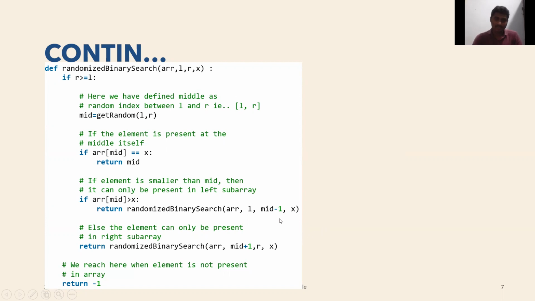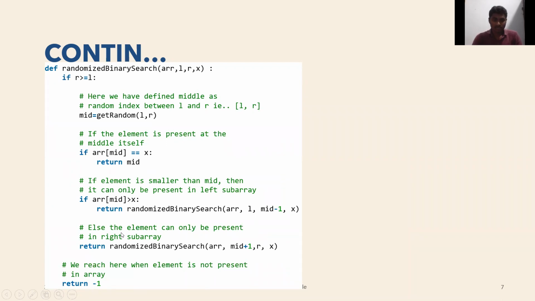So this is a recursive approach. The function name is randomized binary search. Again it will take the array, sub array, length of the array, mid value, and the search element, and the function will be called again with these arguments. So this is the recursive approach.